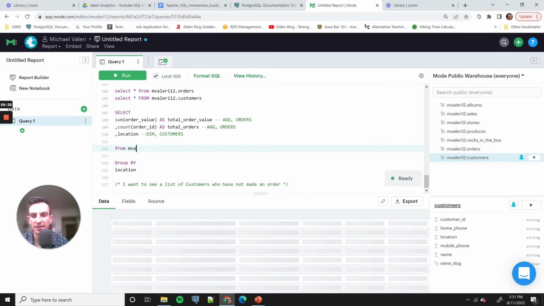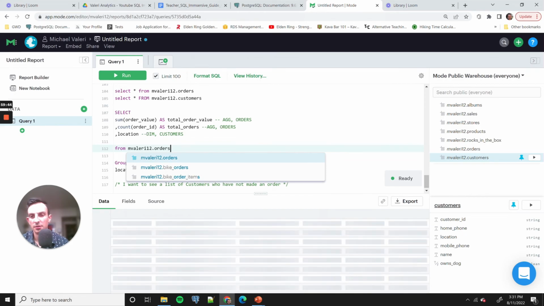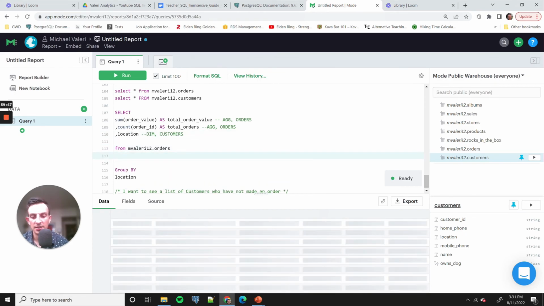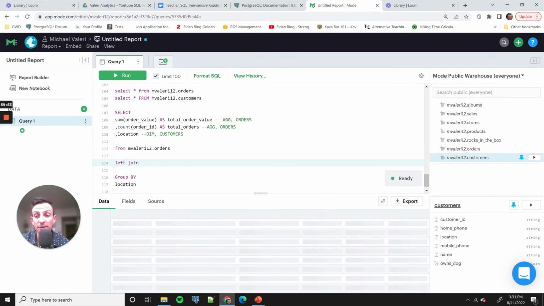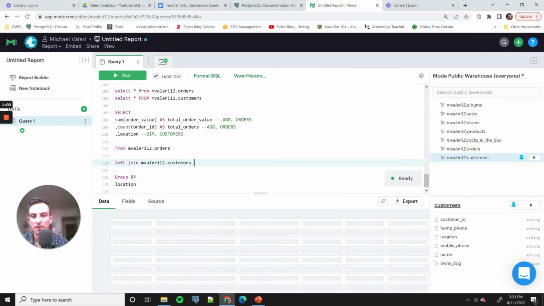What table does it come from? Table A, the primary table, mvaleri12.orders. Okay. And you know what I'm going to do? I'm going to left join it. I'm going to say show me all the orders regardless if there's a customer ID in table B or not. So I'm going to choose the left join. And I'm going to say, hey, can you talk to mvaleri12.customers and call that table B and call the orders table table A. And I'll make a note here. This is our primary table, left-hand side. This is table B. It's our nice to have table. So I'm going to write secondary table,